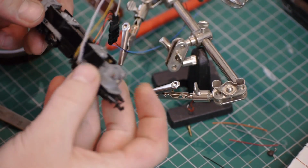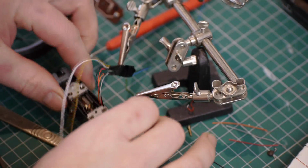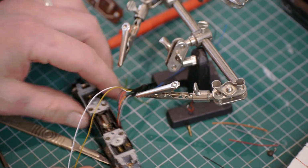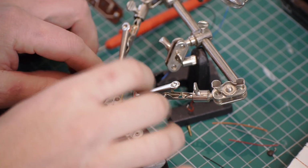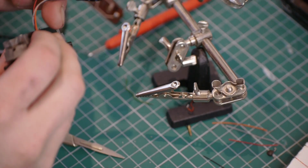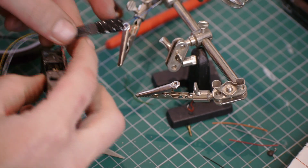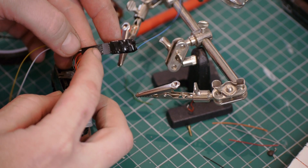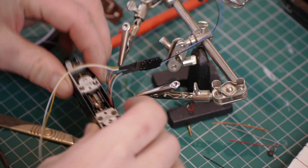I've been and just tested it on my programming track. To begin with, it didn't work, and it took me a while to track down the issue, and it was actually on the pre-bought socket. One of the wires had a bad solder joint. Once I got that repaired,